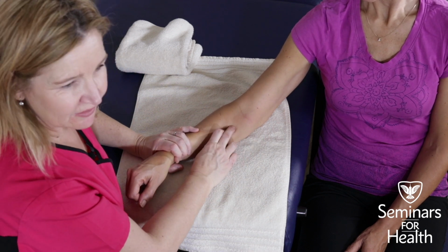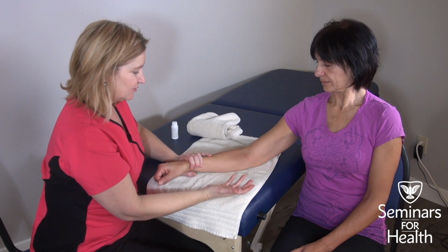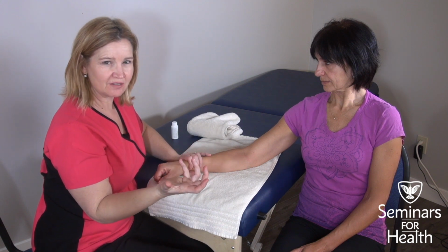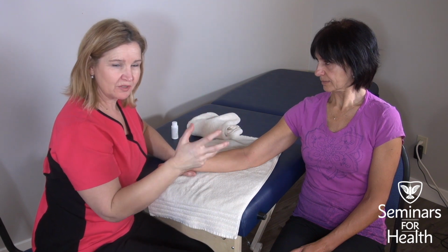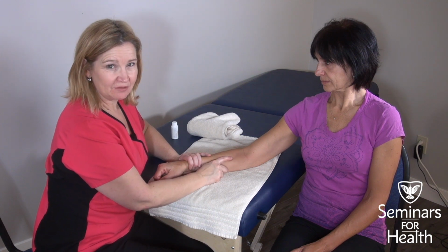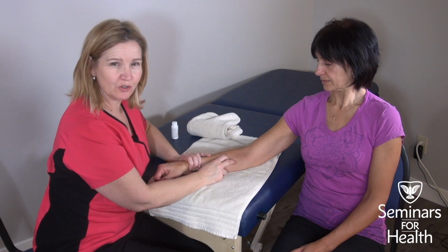The clinical relevance of massaging this muscle is that it's often involved with professions that require a rotation of the forearm, but also a tight pronator teres can at times impinge the median nerve that passes